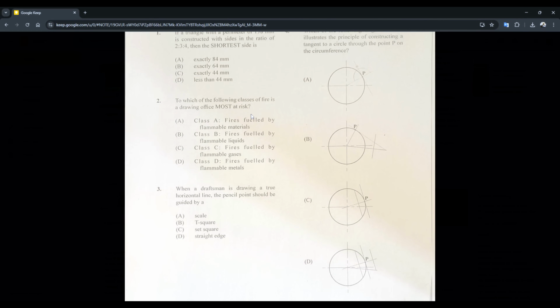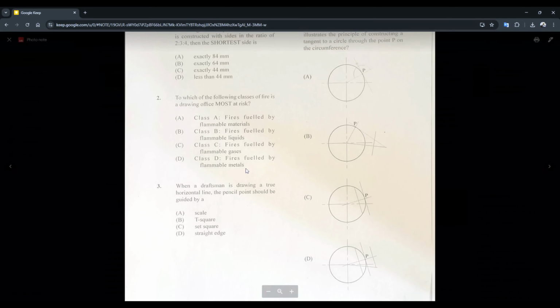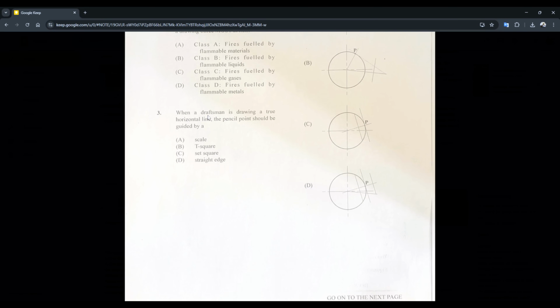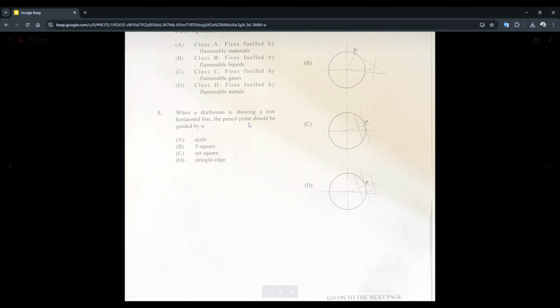But even in modern day drawing offices, a lot of printing would still be taking place and so on. So number 2, A. Number 3, when a draftsman is drawing a true horizontal line, the pencil point should be